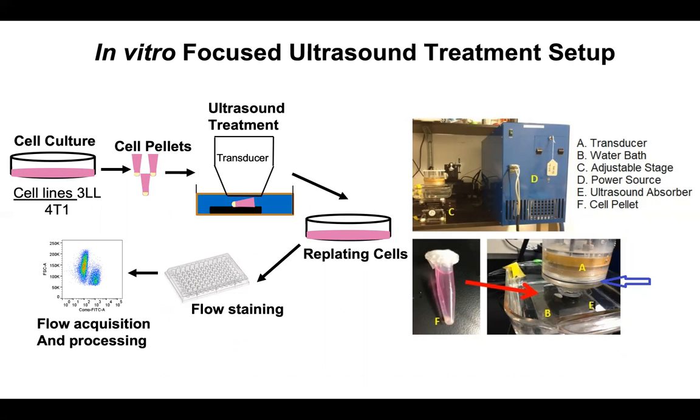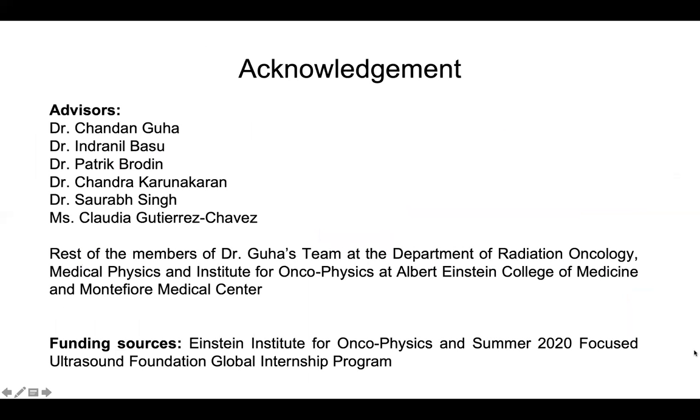The cells would then be spun down to single cell and resuspended to make single cell suspensions and plated in 60 millimeter plates for further analysis. The cells would then be collected at specified time points, stained with specific antibodies to identify cell markers through flow cytometry. And this flow data that was acquired would then be processed to identify changes in the cell markers following our ultrasound treatments. And of course, this work was not able to be done because of the effects of the